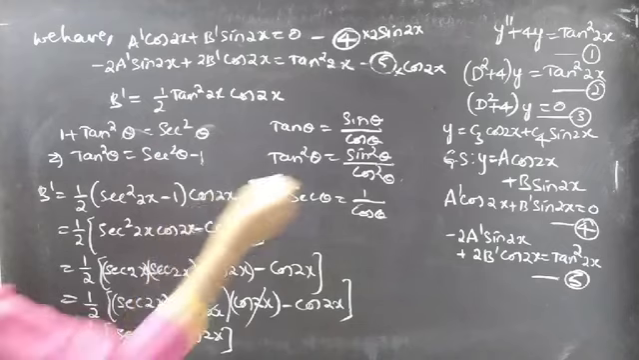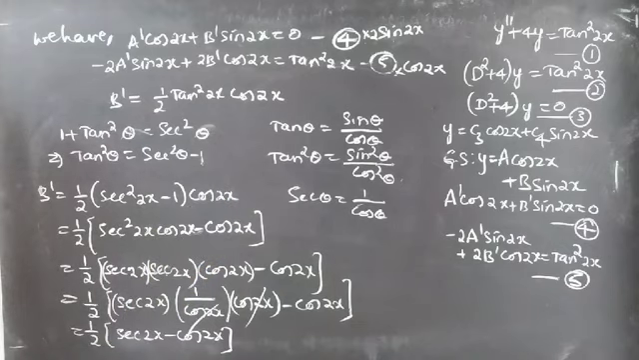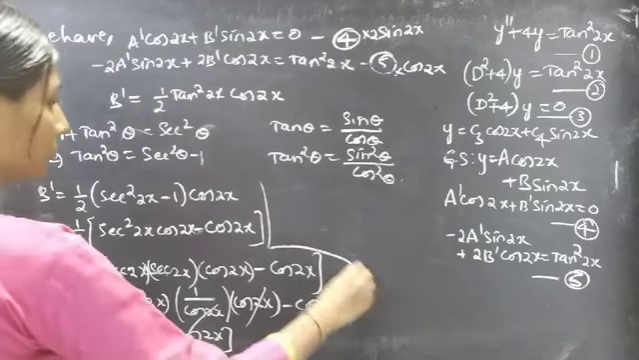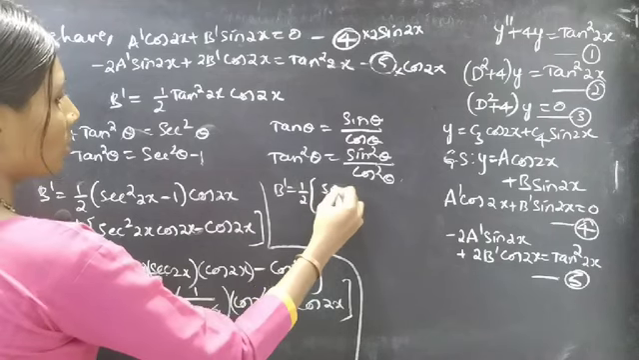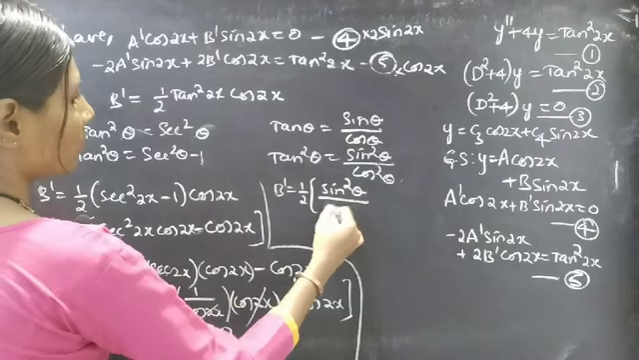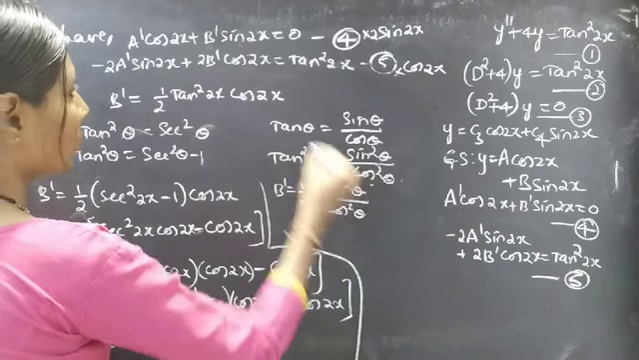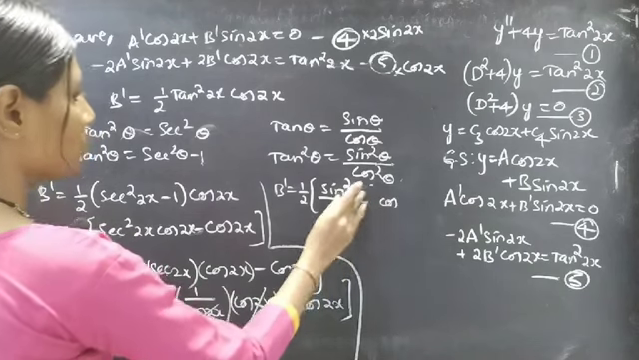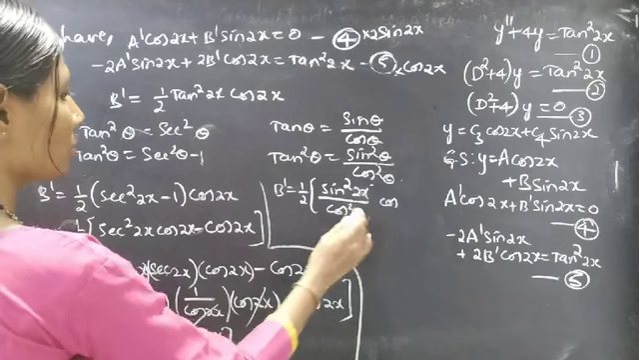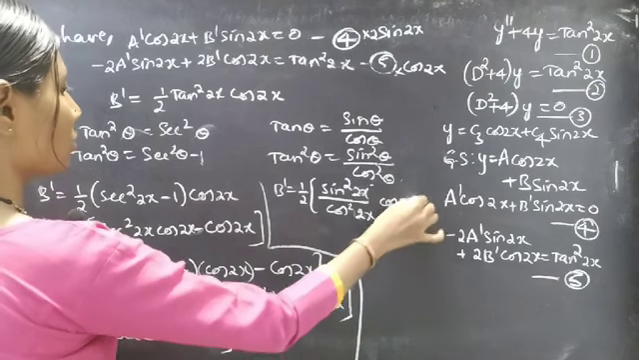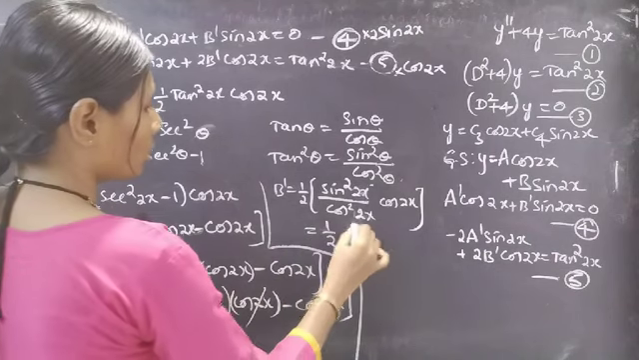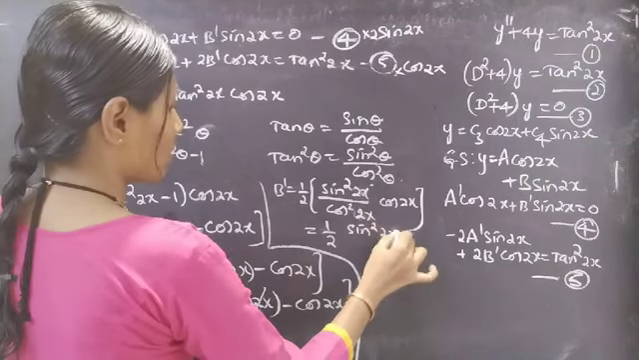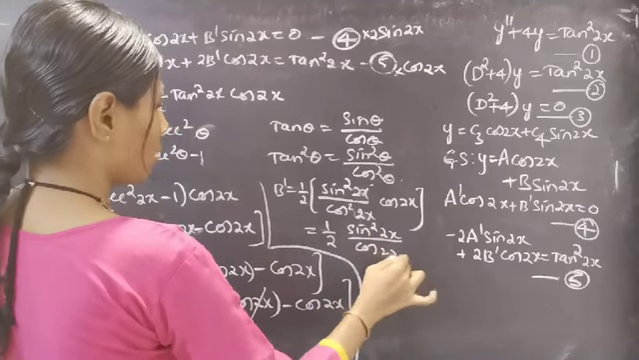Okay, now let's see what happens if we replace tan square theta with sin square theta by cos square theta. Then b dash becomes 1 by 2 into sin square theta by cos square theta into sin square 2x by cos square 2x into cos 2x. If one cos 2x gets cancelled, we will get 1 by 2 into sin square 2x by cos square 2x,